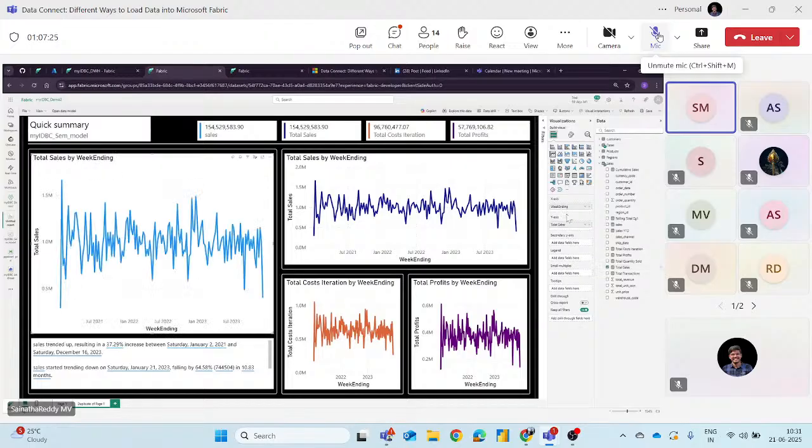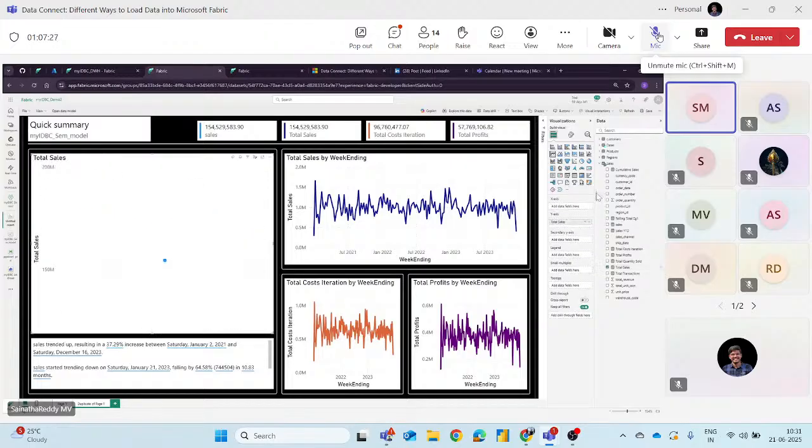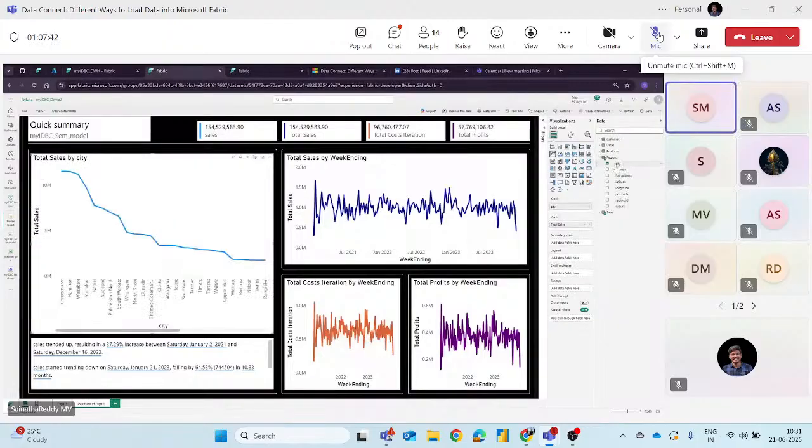I just want to show total sales city wise, how much total is generated from each city. Just drag and drop here.